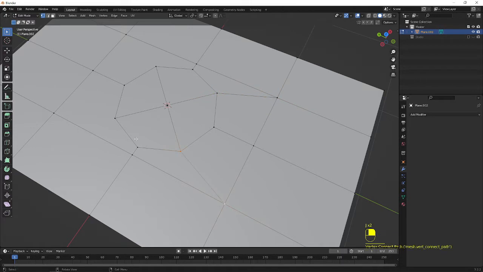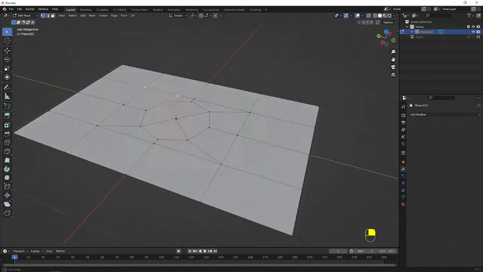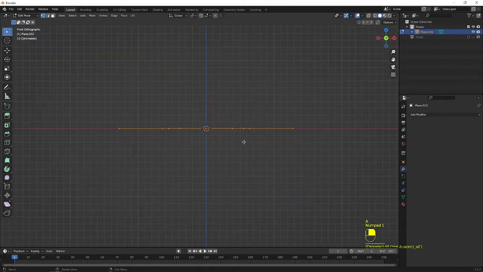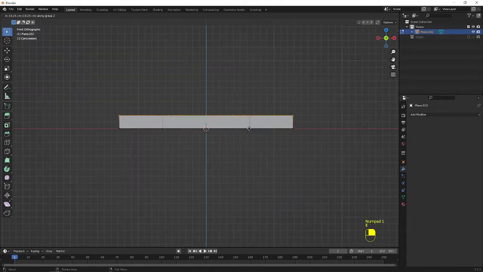So I am going to repeat the same using Shift R to repeat the last made changes. So now this has been done. Now select everything, go to the front view, E to extrude in Z axis and I am going to give the thickness for this